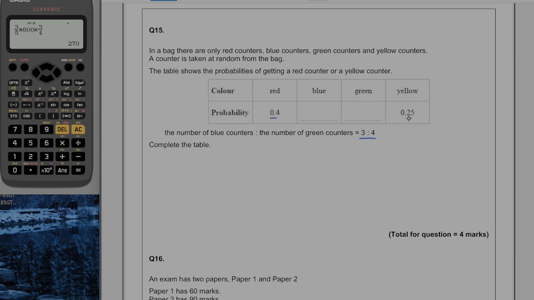Okay, so far we've got 0.4 plus 0.25 is equal to 0.65, which means that the remaining probabilities have to cover 0.35. And if we've got this as our ratio, then it means that the fraction of blue counters to start with is going to be 3 out of 7. So if we do 3 out of 7